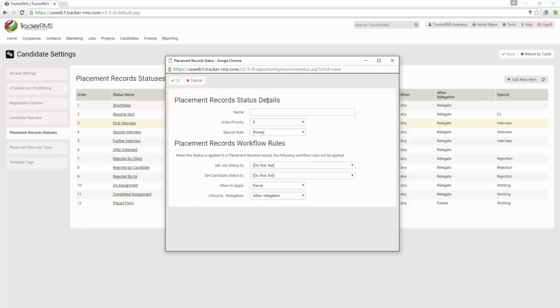So let's say that we wanted to also have another rejection status. We could say, rejected offer. You could add this in. You could pick the order that it would go. So if we wanted this to be number 11